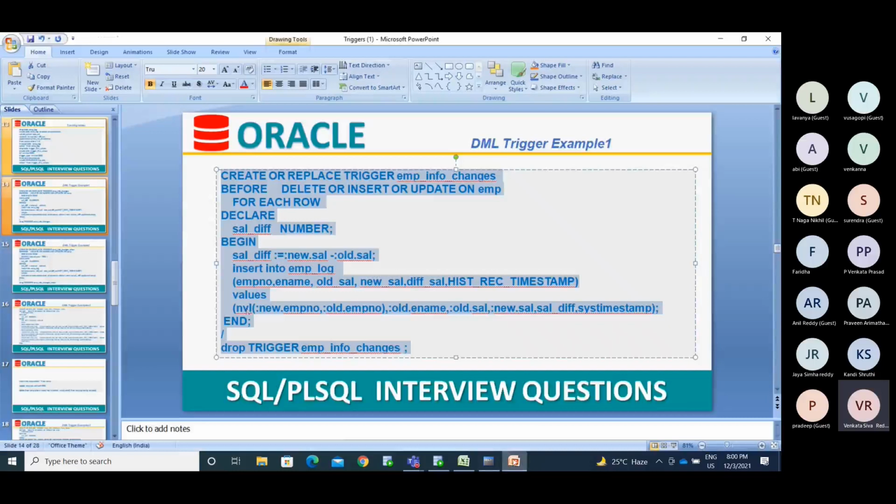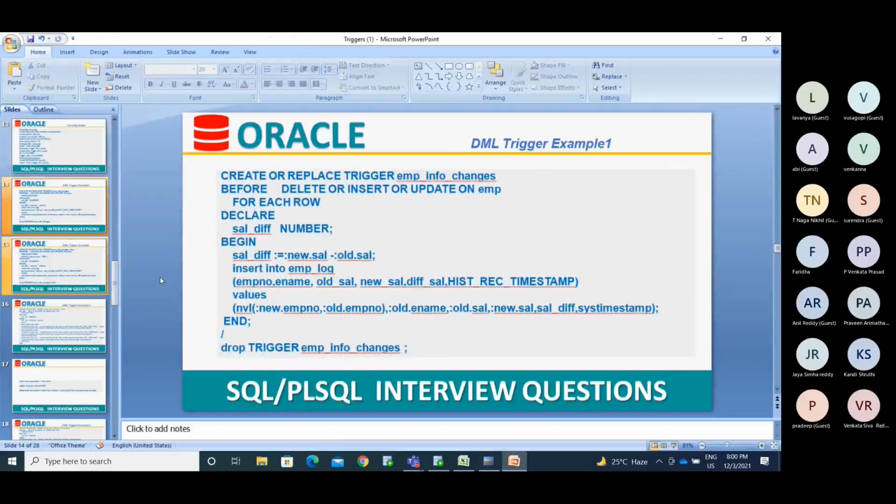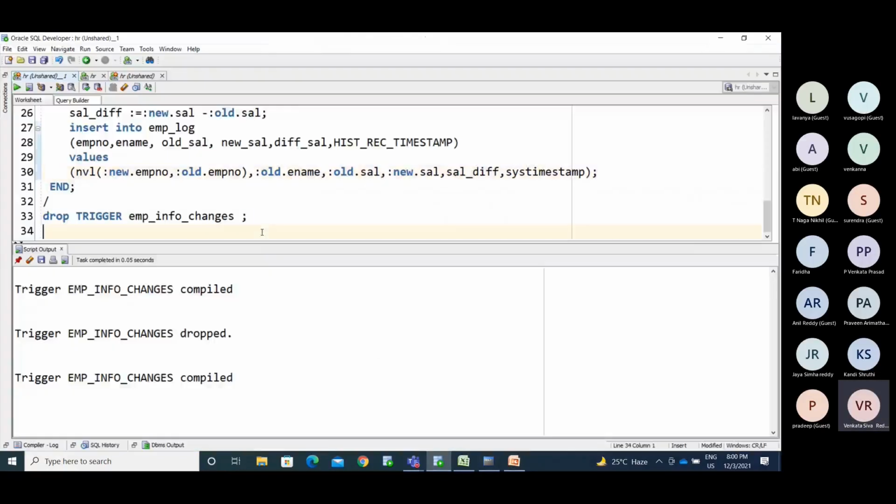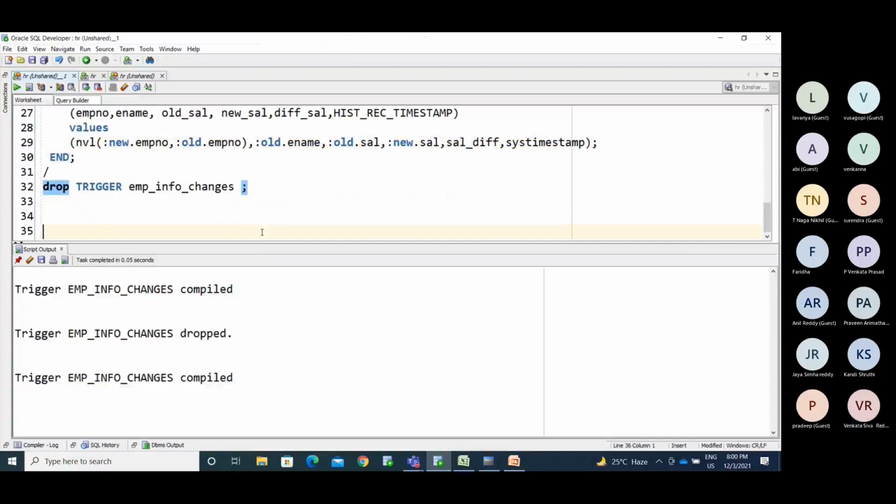To test that, you can perform update emp set salary equal to salary.